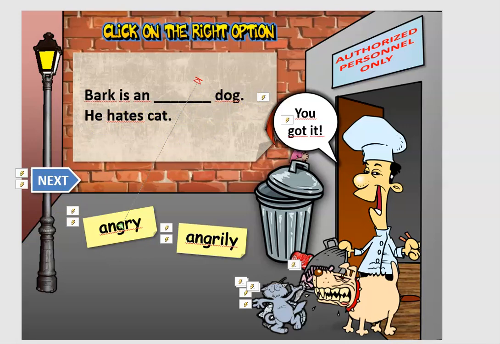So this was all about adverb of manner. Now your work is to find out many such words and make sentences and write all the sentences in the comment box. I am giving you a test of 5 words: find 5 adverbs of manner and write 5 sentences of the same. Okay, and please comment it in the comment box, and we will be meeting in the next session with the next kind of adverb.